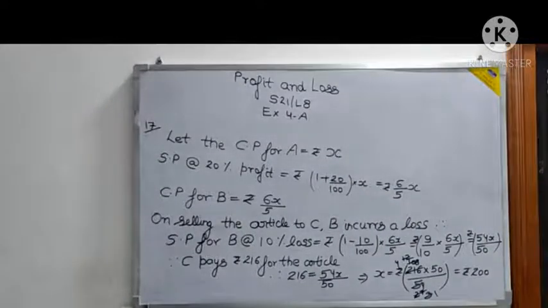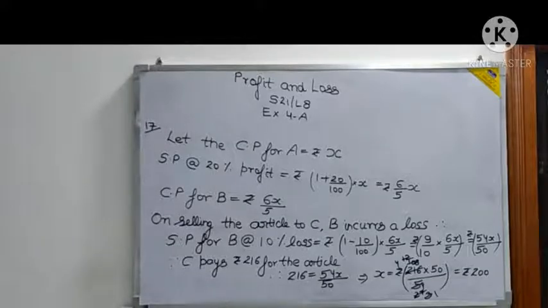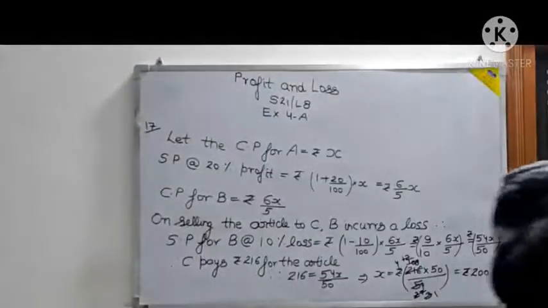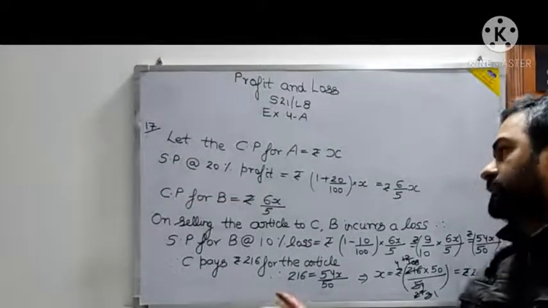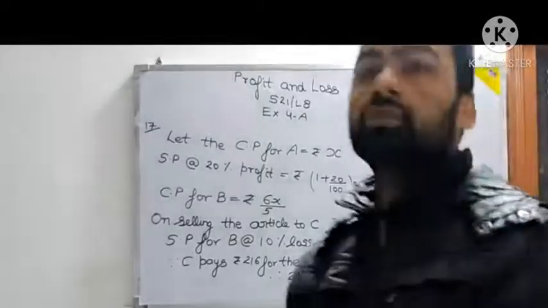If you want, I can explain again. But important is to understand how I explained it. A is selling to B, so A must have got a CP, but he is selling to B at some price point. That price at which A is selling becomes SP for A and CP for B. So SP for A is CP for B and SP for B is CP for C. So at what price C pays, I think this makes the understanding clear about the question.